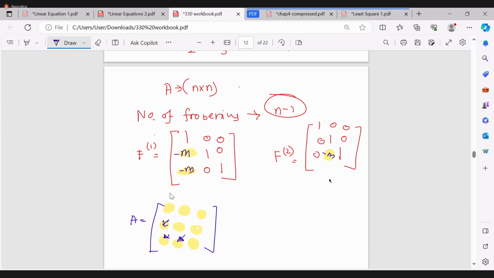So whenever you have all the Frobenius matrices ready, you can just invert them and multiply them together in order to find the